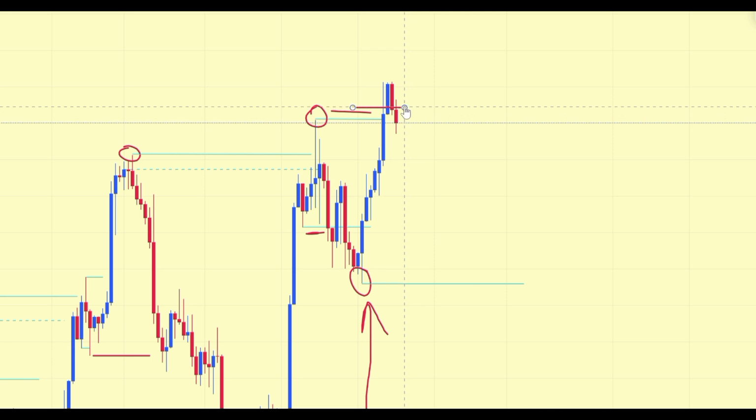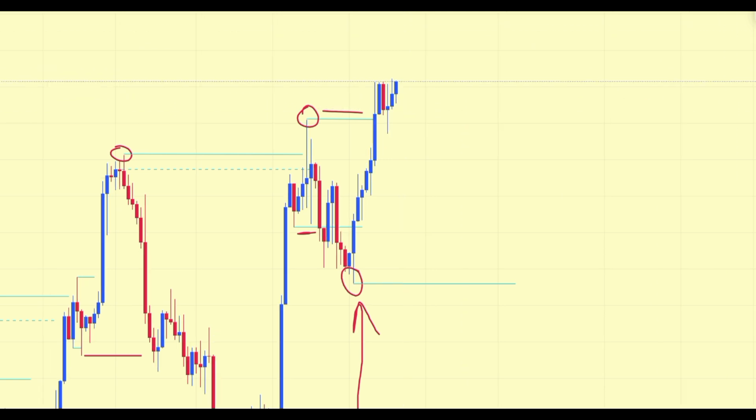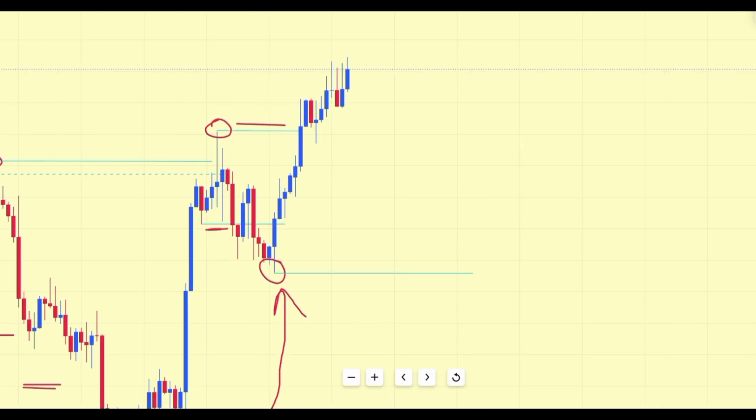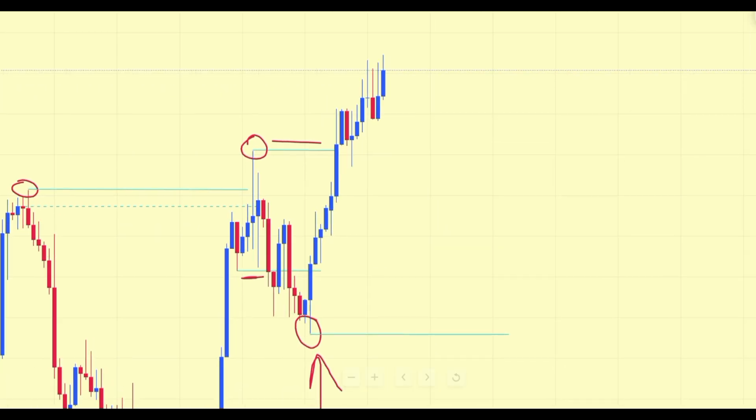Right, so where now is the recently formed valid pullback? Right, so let me continue running price, and exactly right here we can clearly see that the recently formed valid pullback is this one here. That's the recently formed valid pullback. And so if price reverses back and grabs the liquidity resting below this low and then reverses back and breaks past that swing point,